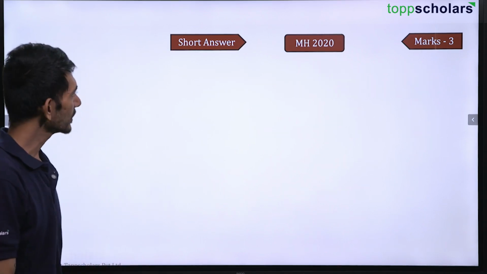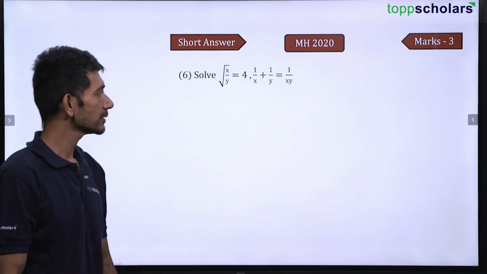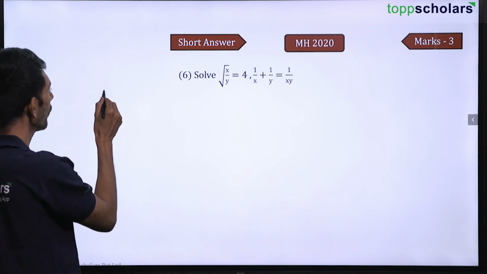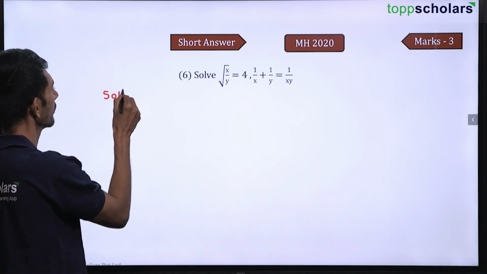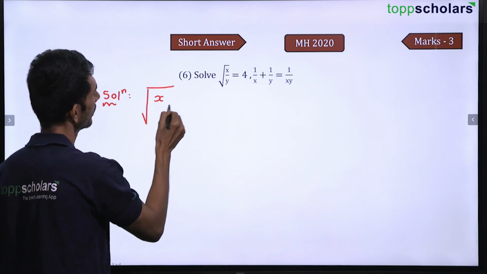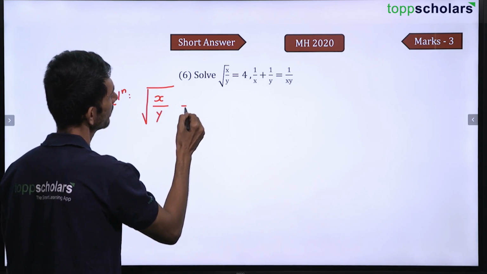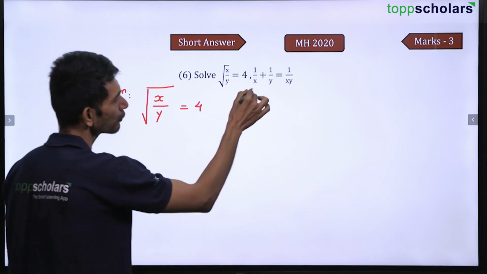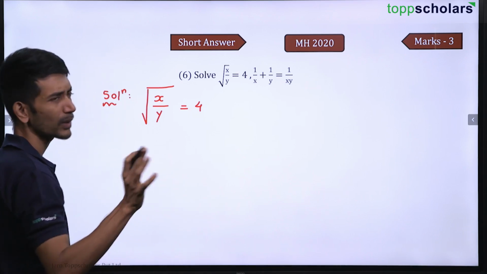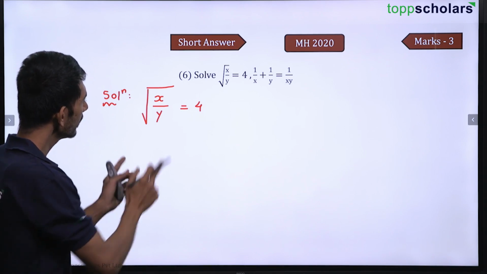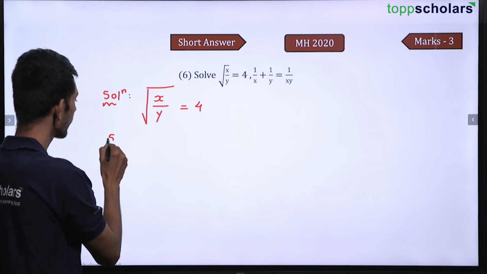Now let us see a new question. Very interesting. This was asked in 2020 for 3 marks. So we have solved root of x by y is equal to 4. This is given. And then it is also given 1 by x plus 1 by y is equal to 1 by xy. Let's forget about that. Let's focus on this. Now if I square on both the sides,